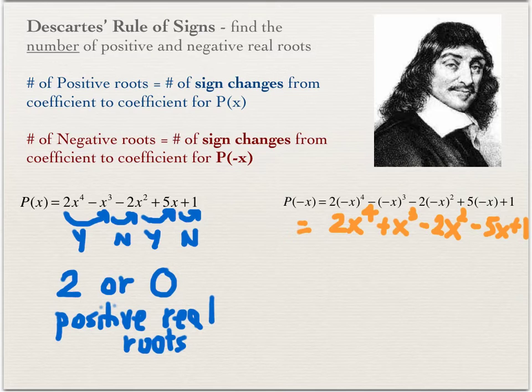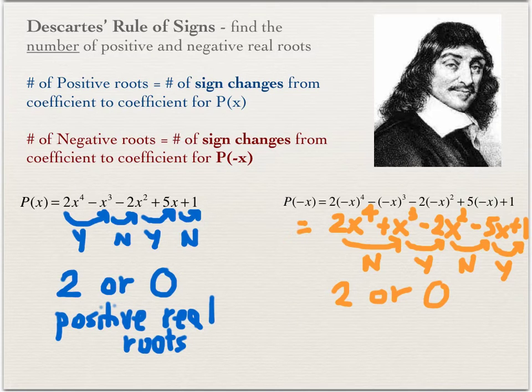Now again, we're going to look at our sign changes. From here to here is a no. From here to here is a yes. From here to here is a no. And from here to here again is going to be another yes. So this time I can conclude that there will be 2, or once again I can go down by 2, 2 or 0. This time I was looking at negative ones, negative